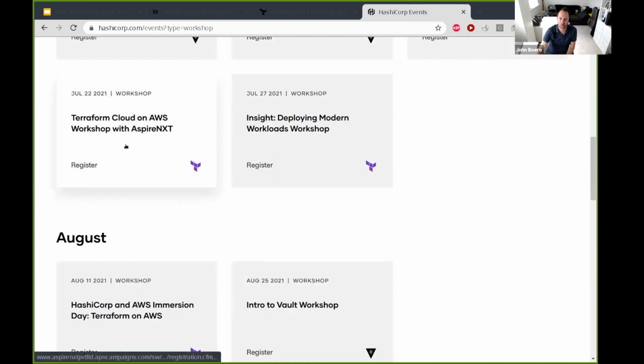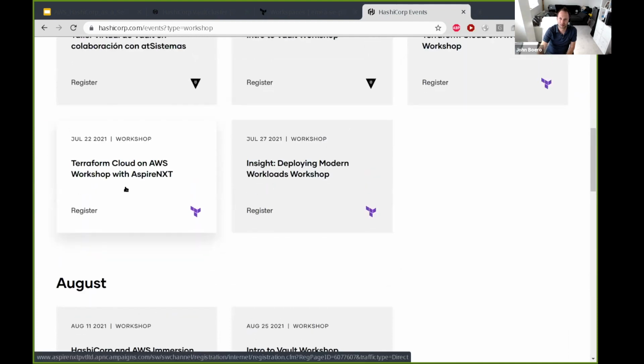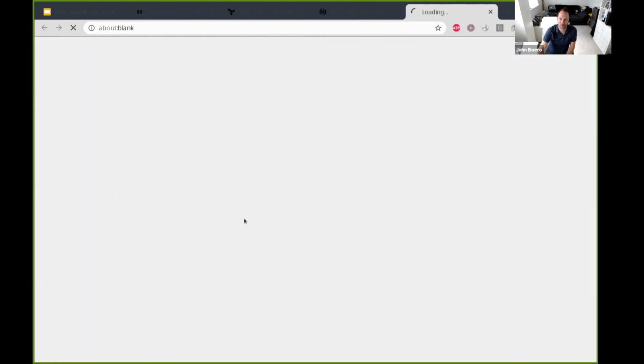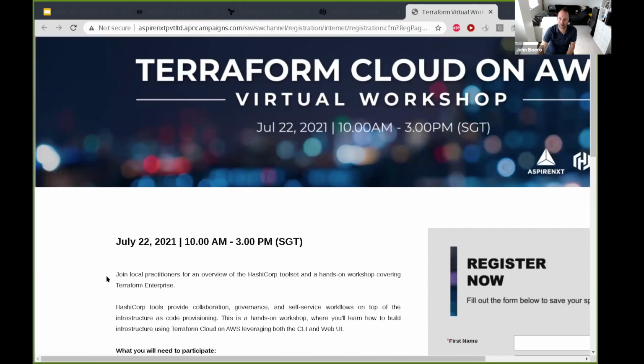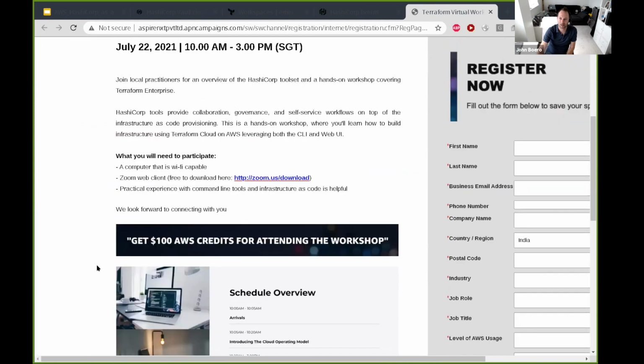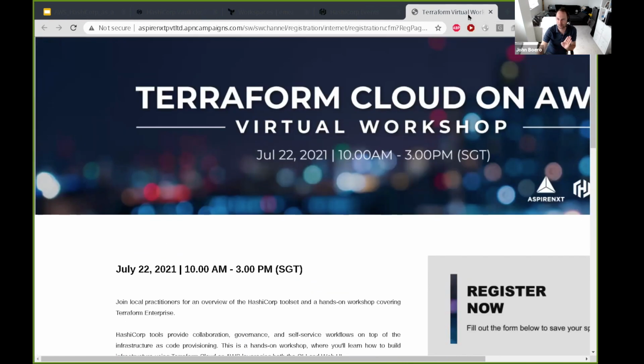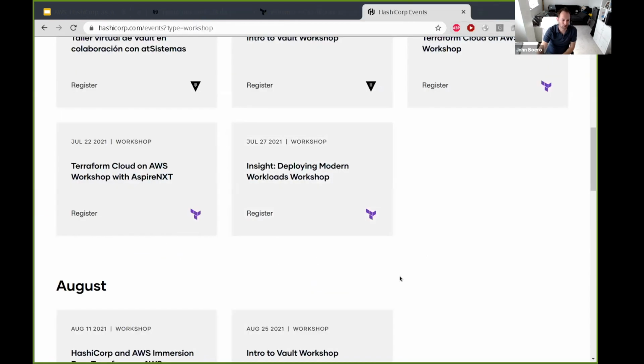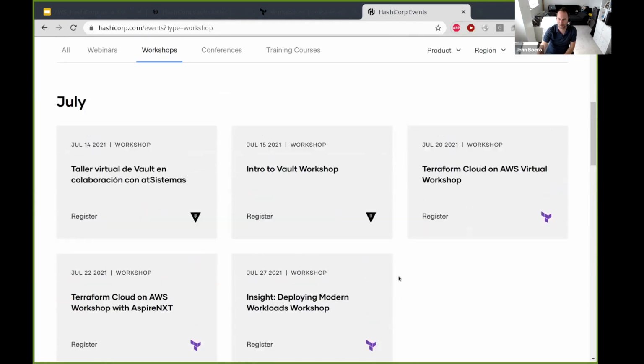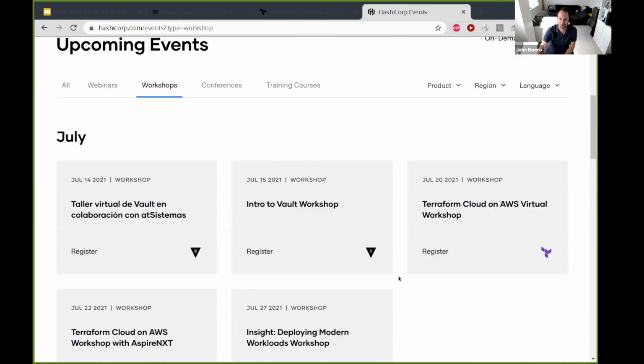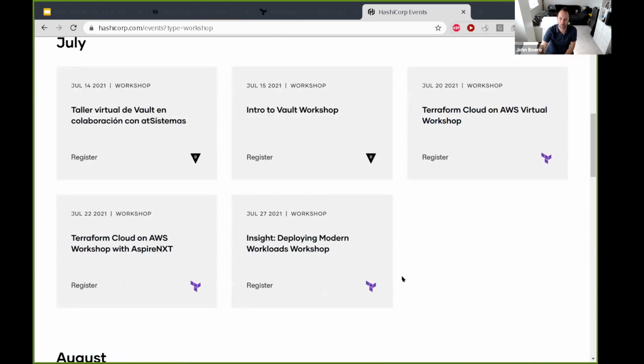Terraform Cloud on AWS. Okay, July 22nd. Anybody that wants to do these, they're free. Everybody gets their own session on our Instruqt platform, so you don't have to worry about having a supported technology stack. If you want to try it out, it's a great way to get up and running. And we also have Terraform open source on AWS too. In fact,